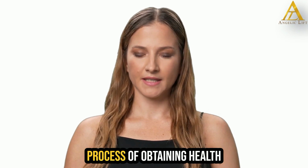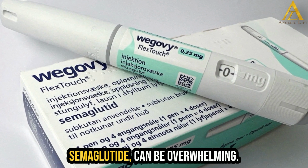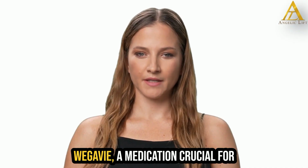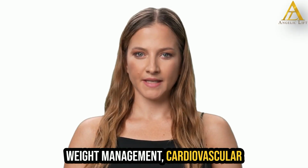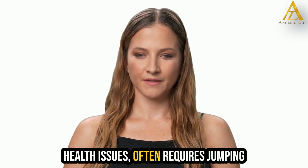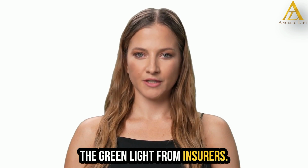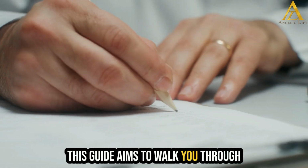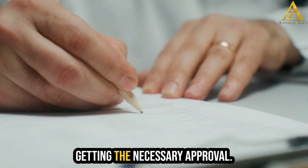Navigating the intricate process of obtaining health insurance approval for Wegovy, semaglutide, can be overwhelming. Wegovy, a medication crucial for weight management, cardiovascular event risk reduction, and associated health issues, often requires jumping through several hoops before receiving the green light from insurers. This guide aims to walk you through every crucial step, ensuring that you maximize your chances of getting the necessary